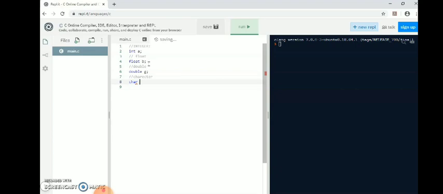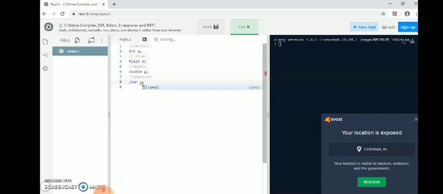Character, any one alphabet. Variables, we have already learned the rules of variables in the previous class. Variables are used as a named memory location to store data. So here A, B, C, G are all variable names.